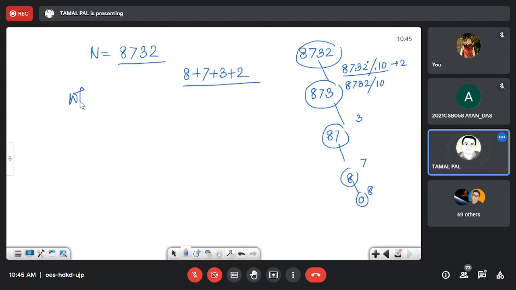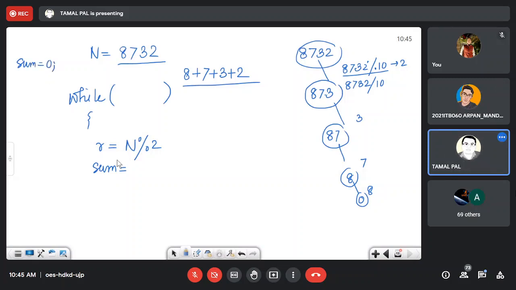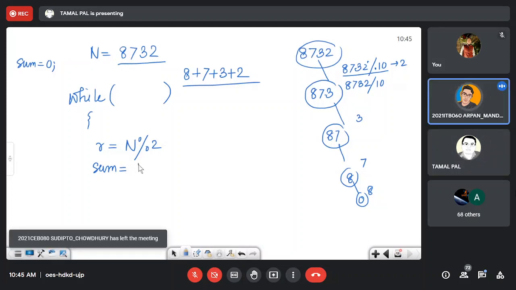So how to do this? I am trying to do this. r equal to n modular 10. Let's say consider one variable sum, which I have to initialize. n modular 10 will be there.